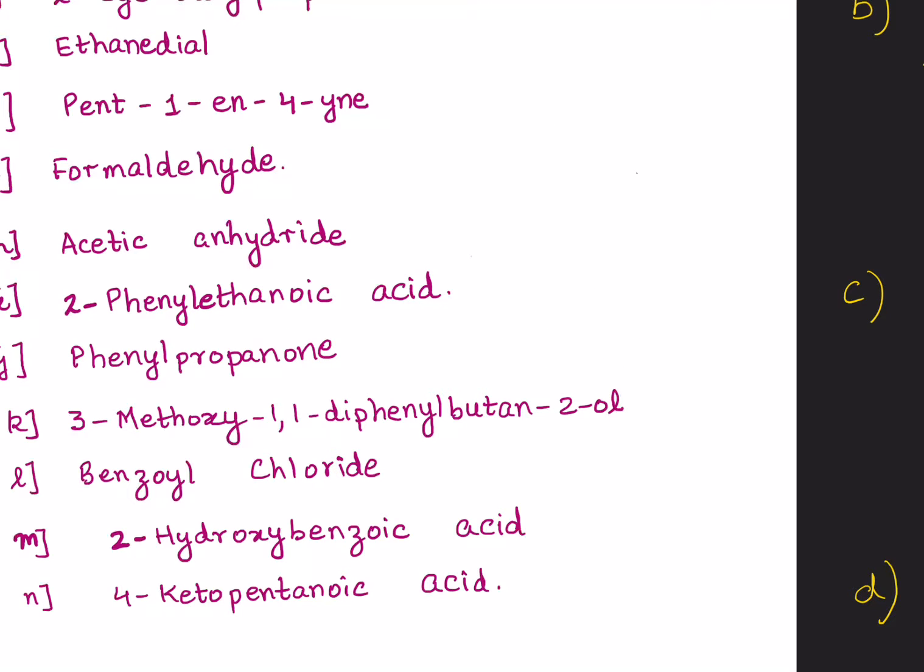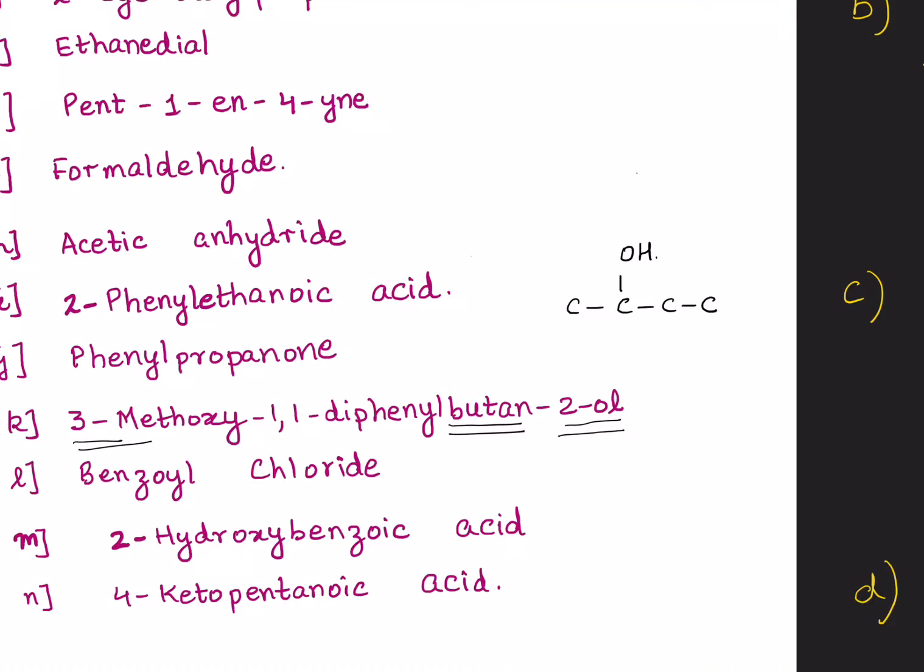Now the next one appears a bit tricky and a bit long. Don't worry, we will break it down. So let's concentrate on the word root first. Butan. So that means there are 4 carbon atoms in this chain. 1, 2, 3 and 4. Now what's our primary? Who's our leader here? Yes, our leader is ol and is present at position number 2. So we will have 2-ol over here, that is 2 OH group, right?